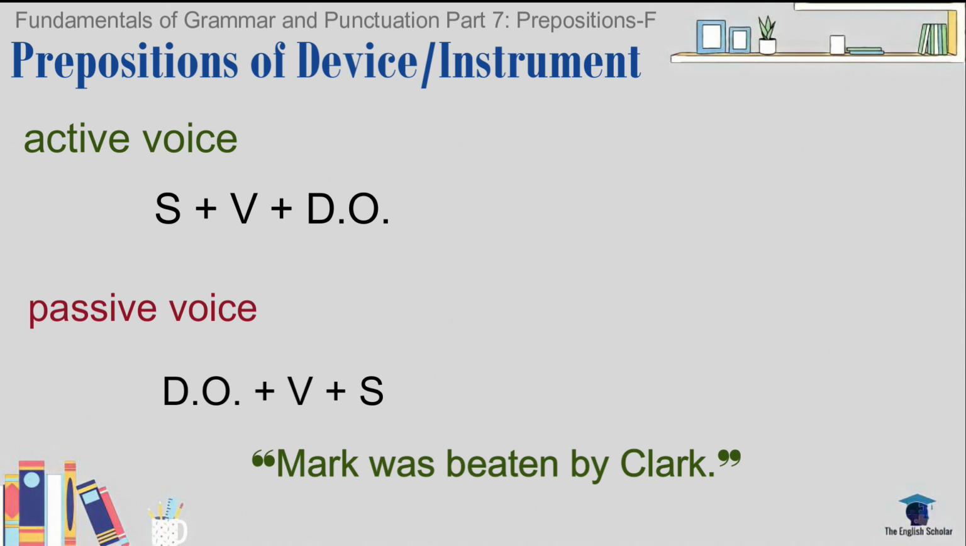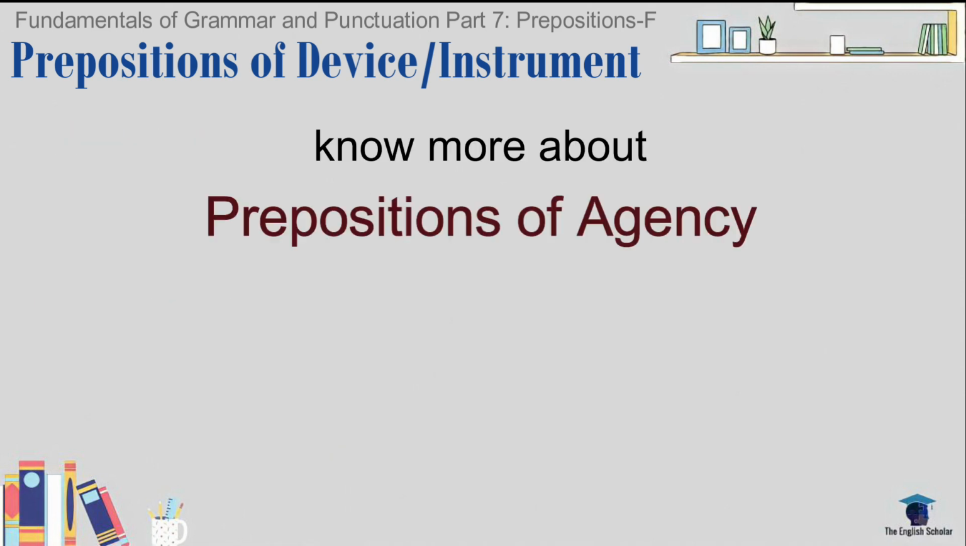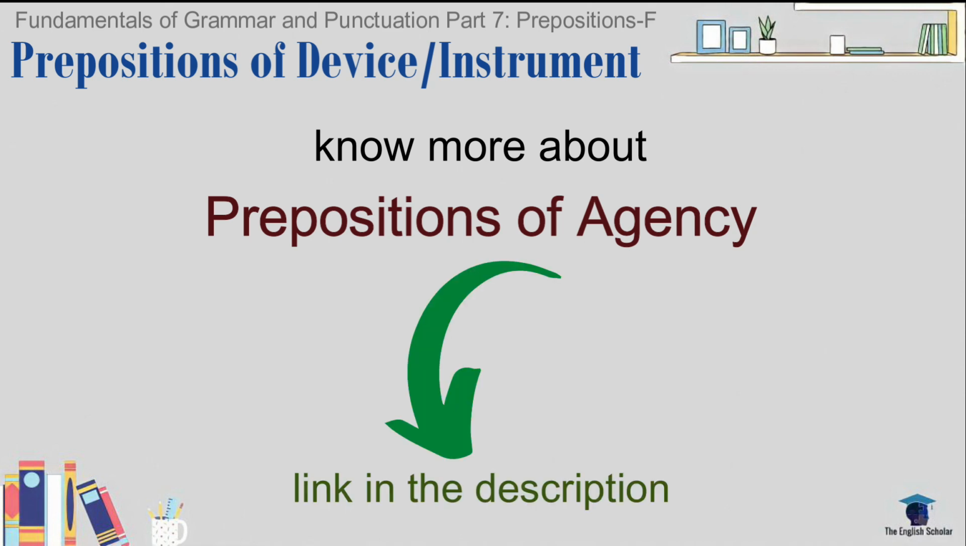If by and with are used in sentences with sentence structures such as this, they are not prepositions of device, but agency. If you are curious to know more about prepositions of agency, the link to the video is provided